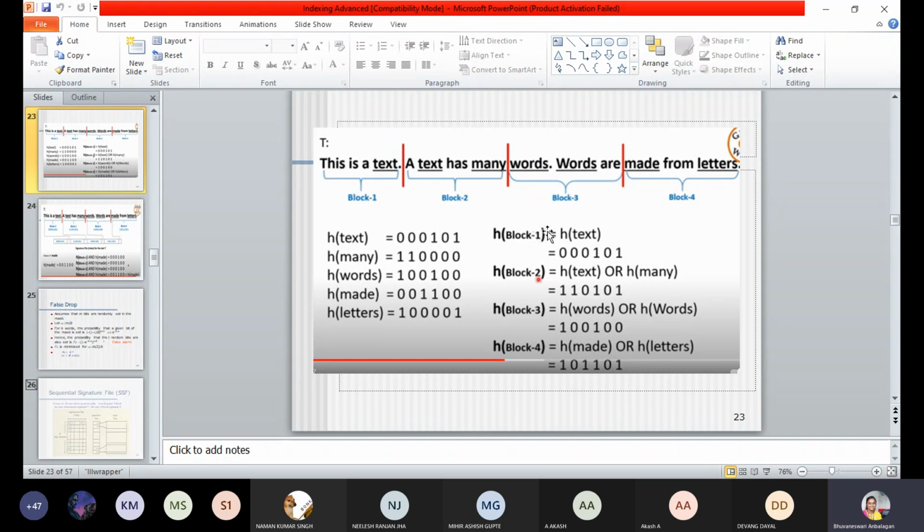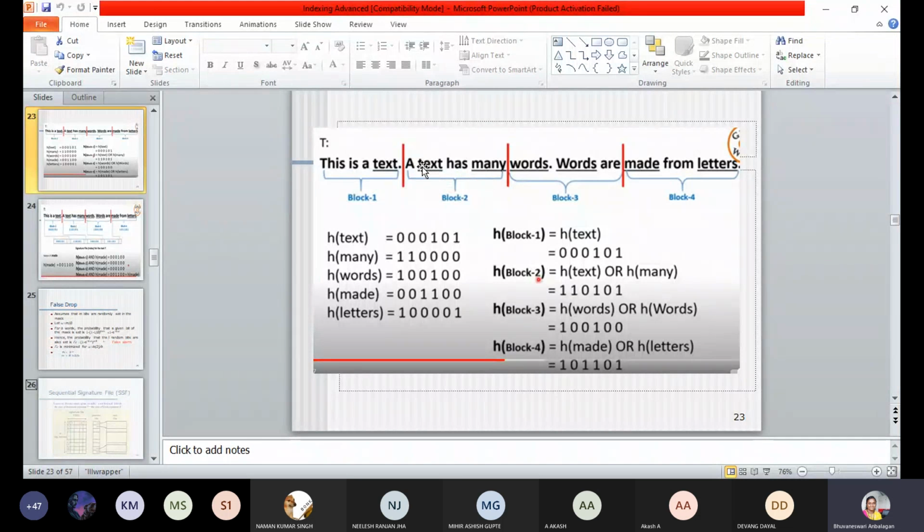For text, that is the main word, so h of block 1 is equal to h of text, so you will get the same result. Say in the second block, what are the words which are very important? Underlined words are important. That means only for those words we are going to compute the hash value.